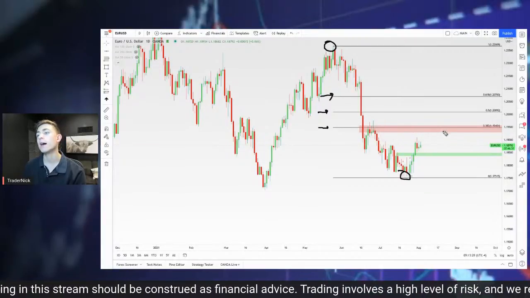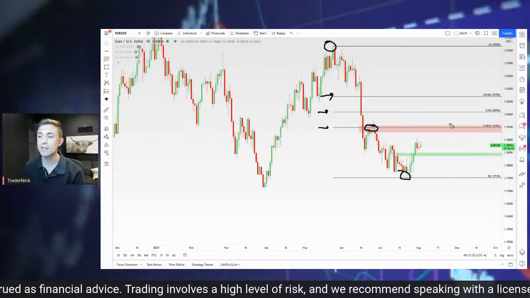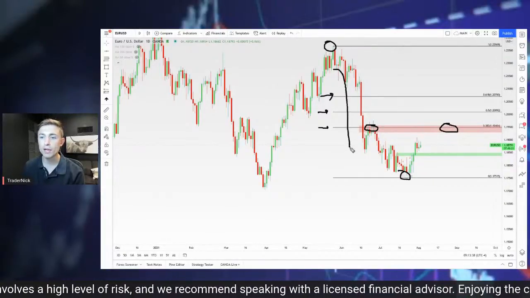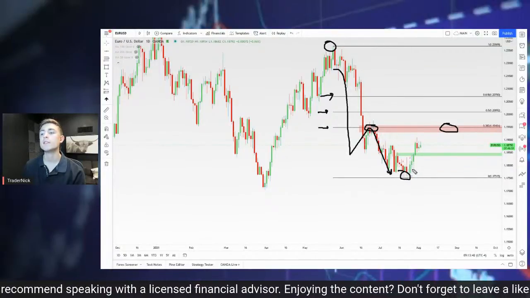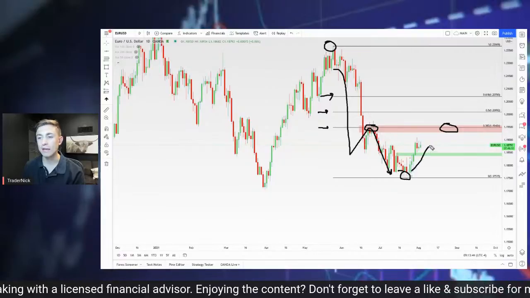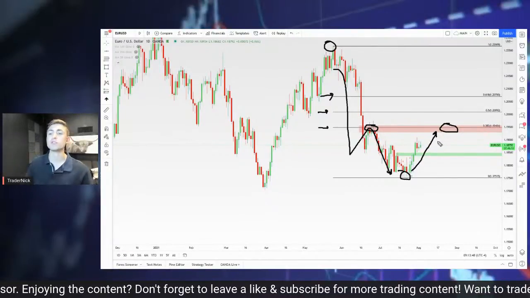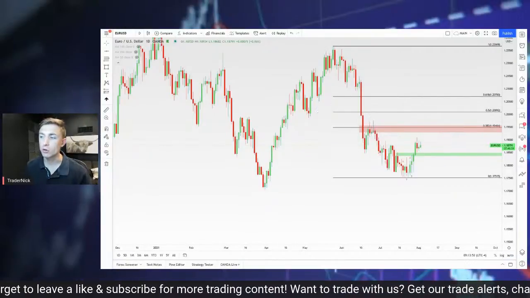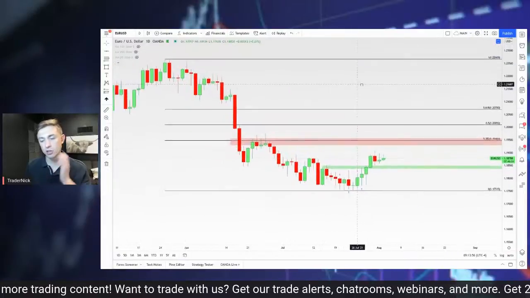So I do like the idea of this 38.2% retracement, especially as it lines up with key resistance. So you had price come down really hard, break underneath, retest this area, and sell off, right? So if price is able to rally up to that point again, you may see some sellers who want to stubbornly try and hold that area. So I would keep an eye on that if you are watching the EUR/USD. So again, 38.2% retracement on the daily chart looks interesting.